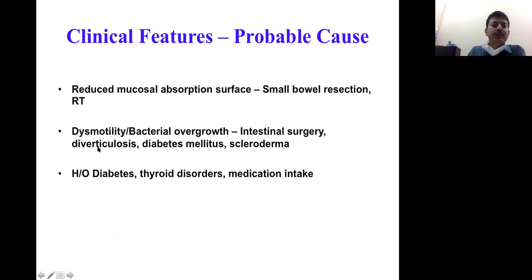Somebody with diverticular disease may have pockets of intestine where there is stasis and bacteria can grow. So here again, history of surgery which can cause stricture, history of diabetes, scleroderma, etc. are important. And finally, systemic conditions, where diabetes and thyroid disorders, and medication intake, something which we should not